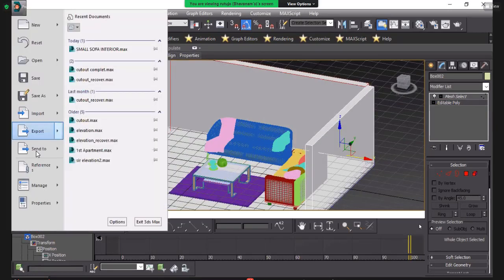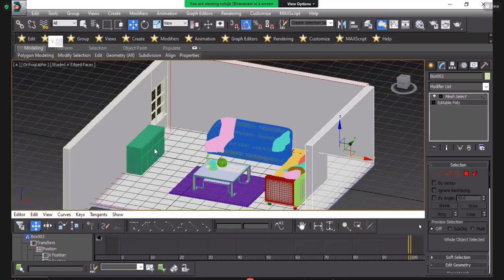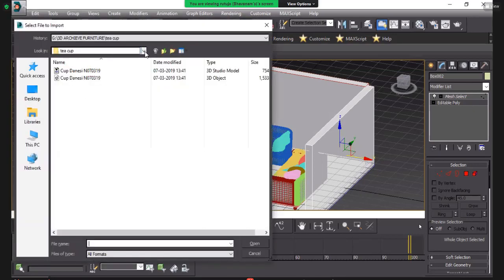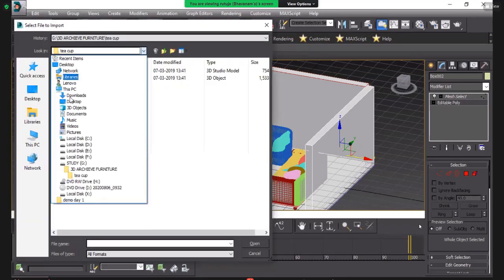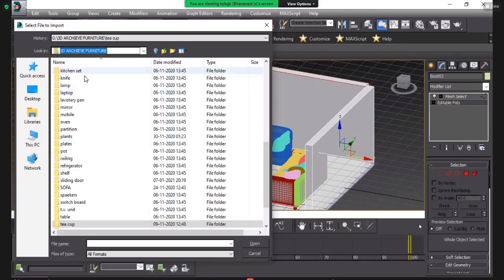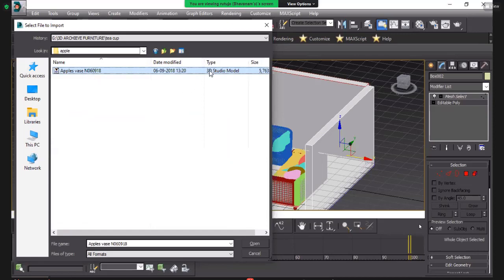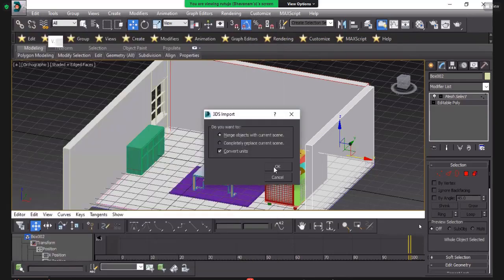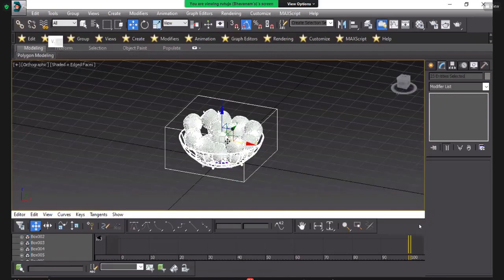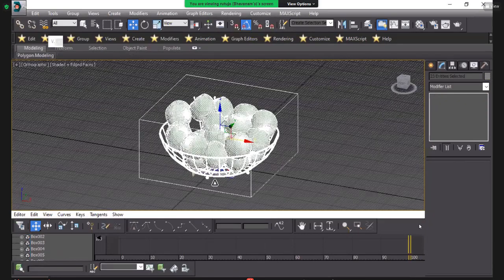I will place one more thing here. These are the apples. I downloaded one apple pot, which looks very beautiful. Okay, so import like that.